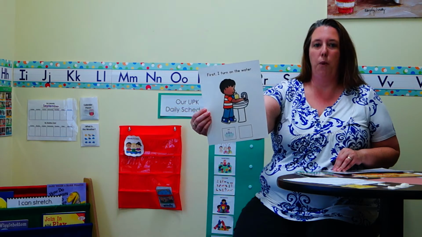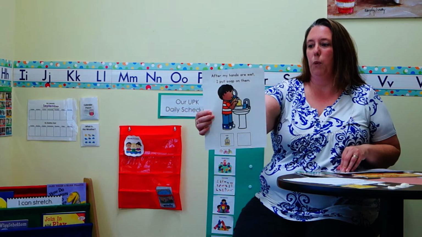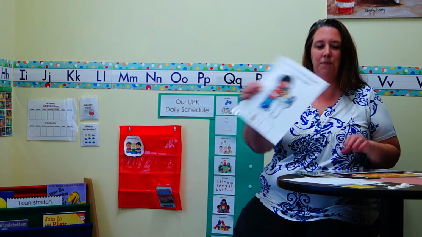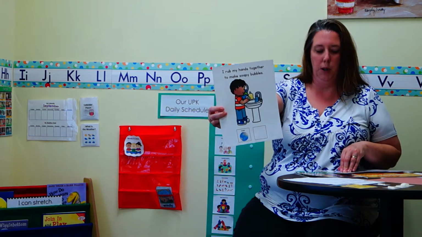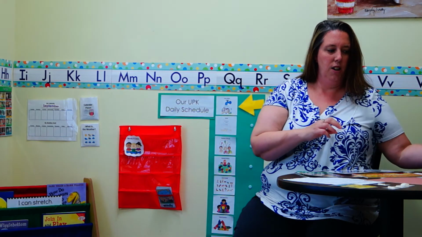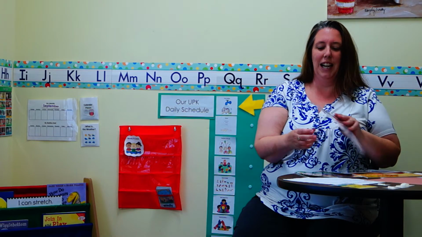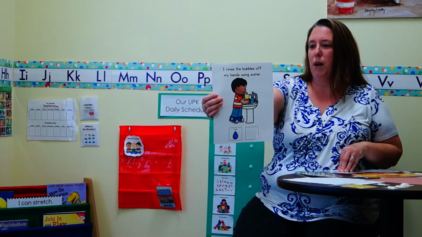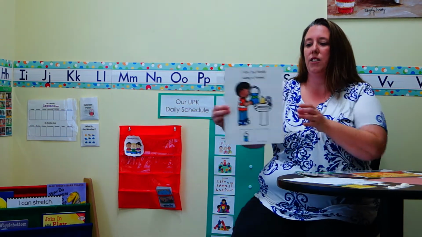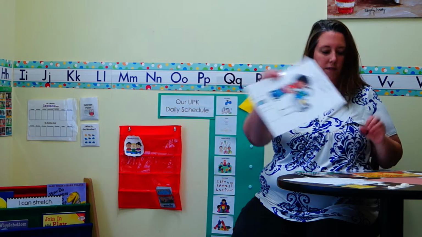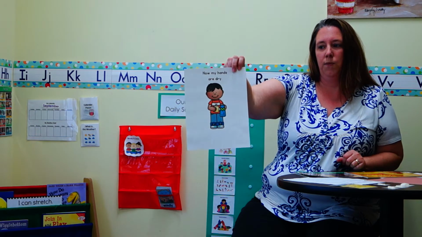So we will turn on the water. After our hands are wet, we will put soap on them. We'll rub our hands together and make lots of bubbles. Do you remember what happens next? You're right. We will rinse off the bubbles under the water. We'll dry our hands using a towel. And now they are dry and clean for us to work.